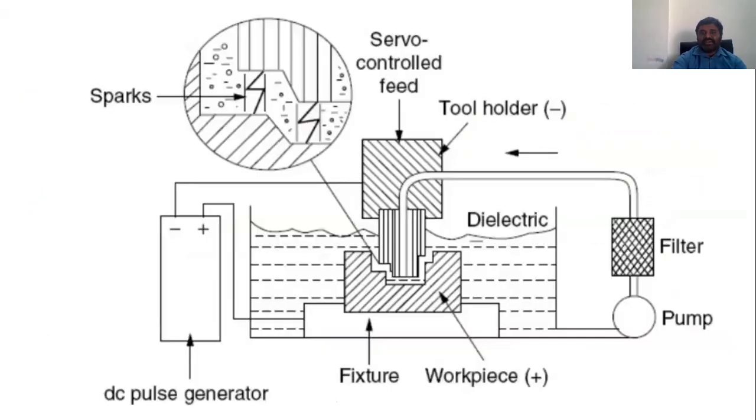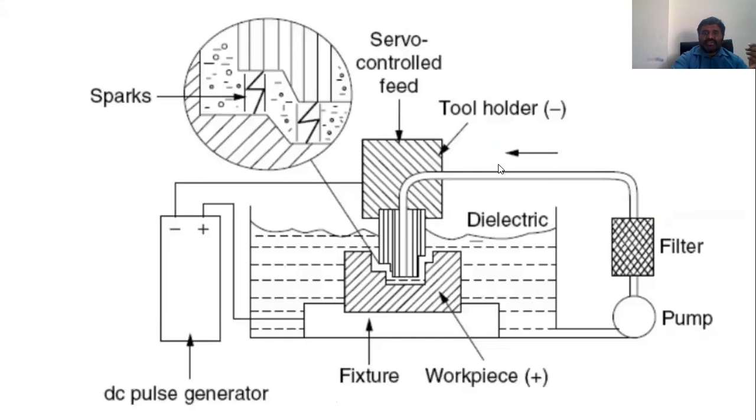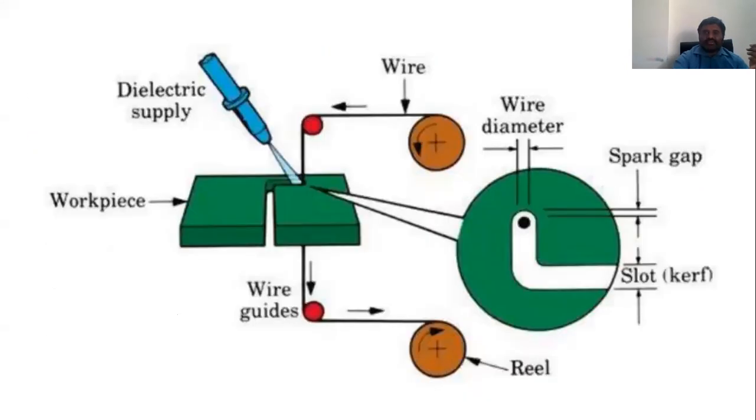Okay, let's go with the introduction part of it. From the introduction part of wire EDM, see from the diagram. It is very clear. So once again, see here. We are using a wire of brass, copper, or tungsten, and with the roller or reel, we also have the wire guide. When the wire comes near this workpiece,